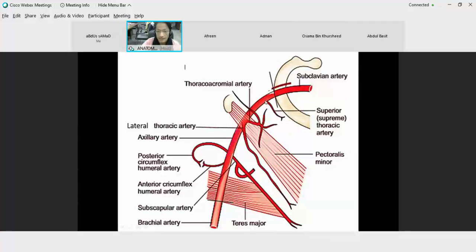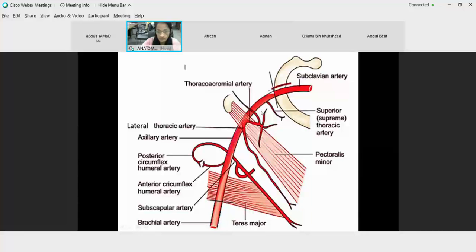We have only one branch arising from the first part, and behind the pectoralis minor is the second part. From the second part, we have two branches arising, and from the